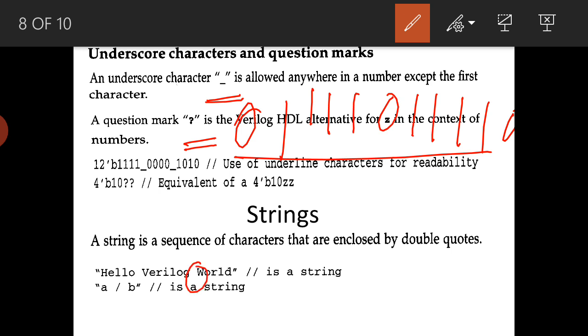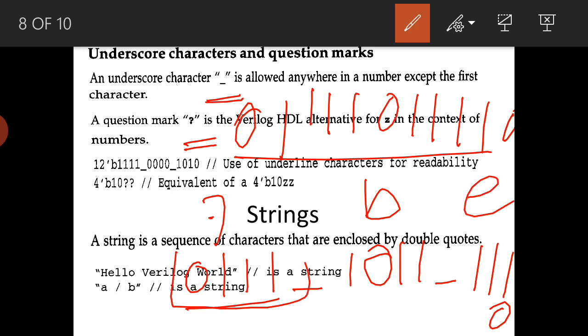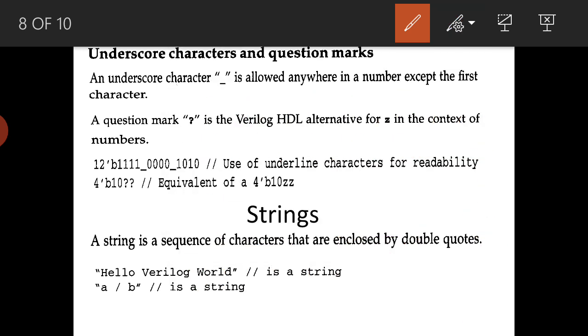Instead, if I write 0 1 1 underscore 1 0 1 1 underscore 1 1 1 0, it is easy to read. This is 7, this 1 0 1 1 is B, and this is E, meaning 14. Like this we can divide into groups and read the numbers easily, as mentioned here: 12 bits, 4 ones underscore 4 0 and 1 0 1 0.